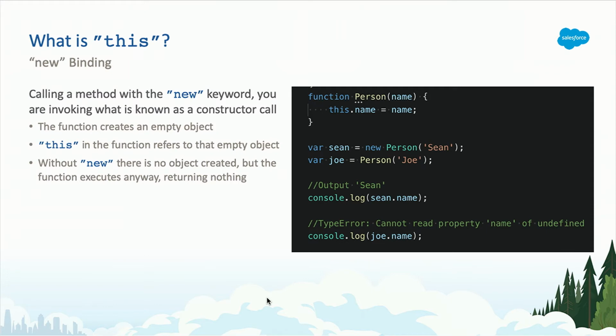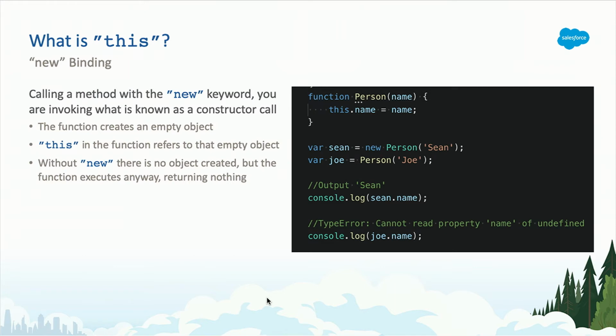The next way that the this keyword is bound is what we call new binding. When you call a function with the new keyword, you're actually invoking a constructor call of that function. So when you call a function with the new keyword, something special happens in that function. First, the function creates a new object. Any references to the this keyword now represent that object. At the end of the function, unless something is explicitly returned by the function, the newly created object is